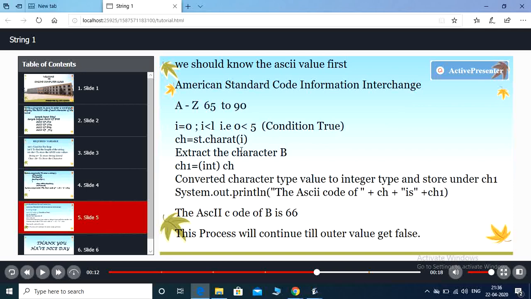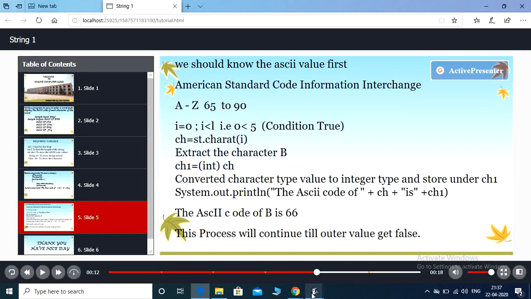It extracted the character; index 0 is B. Now the B character is converted into the numeric type, and after that we print with System.out.println the ASCII code value of the character B, which is ch1, 66. So this process continues until the condition becomes false.